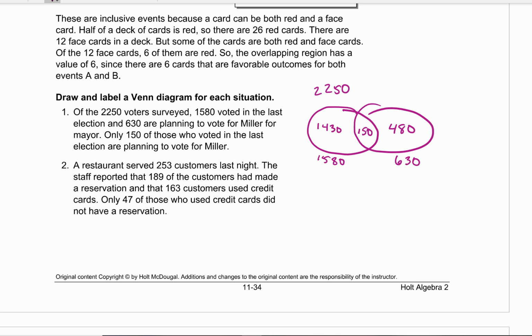Restaurant served 253 customers last night. The staff reported that 189 customers made a reservation and 163 customers used a credit card. And only 47 who used a credit card did not have a reservation. All right, so we've got this, and we got this, and let's see here. All right, so again, 253 customers last night, 189 made a reservation,